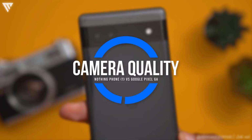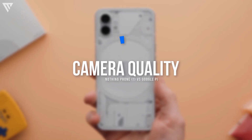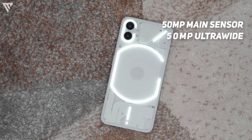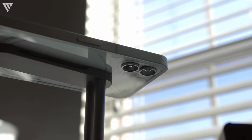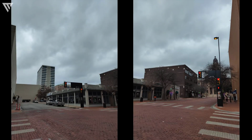Cameras on the phones are both solid for the price, but here we definitely have a clear winner among the two. The Nothing Phone 1 comes with a dual camera setup with a 50 megapixel wide sensor with OIS and another 50 megapixel ultra wide sensor. The camera takes good quality photos in bright daylight with good sharpness and detail and punchy colors. It does start to struggle in lower lighting with slower shutter speed and motion blur, but for the price